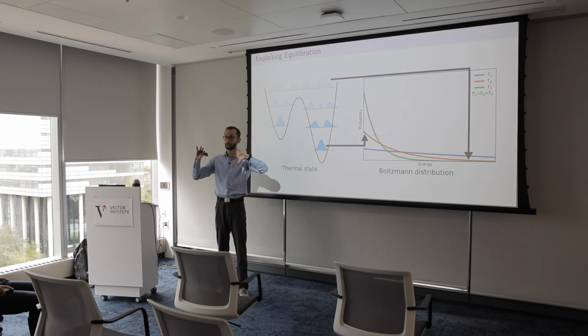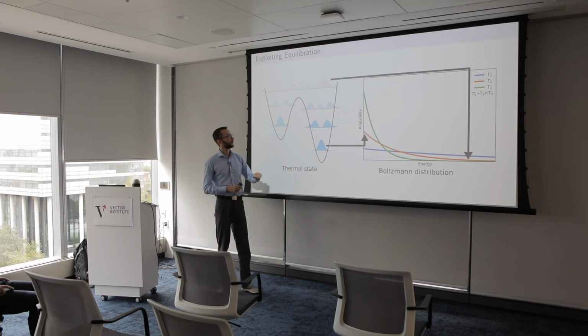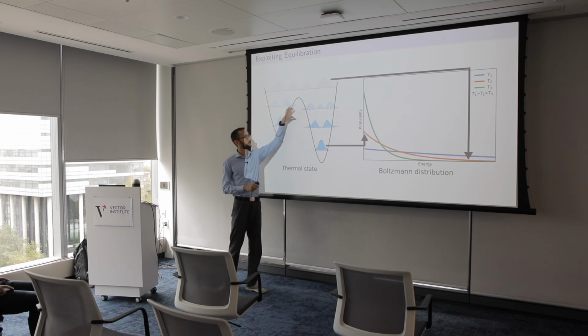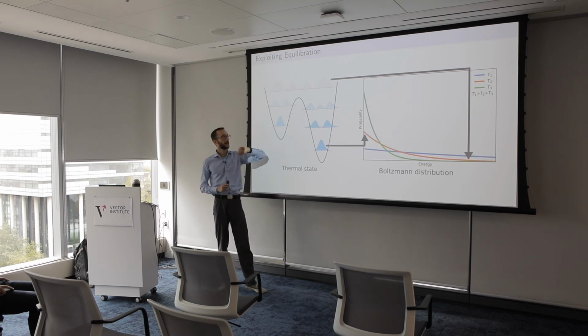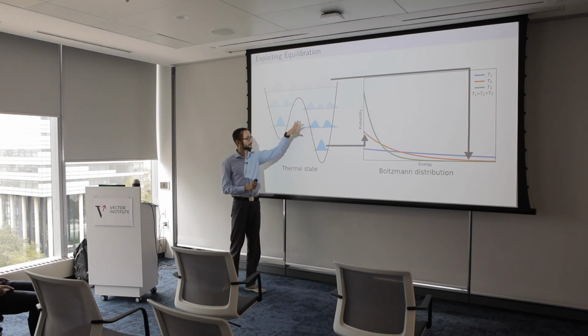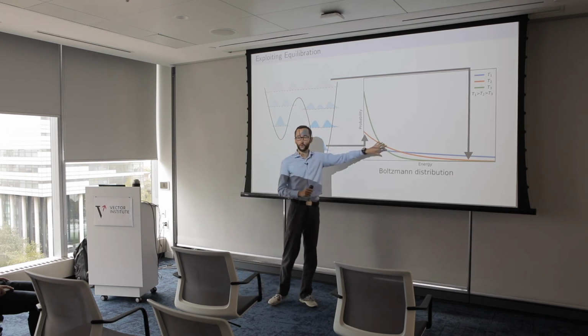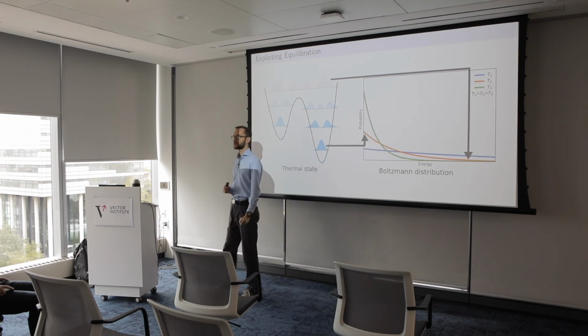happens, because you interact with the environment. You start to equilibrate with the environment. And this is the same process that happens to a hot cup of coffee, for instance. If you leave it in a room for long enough time, it will attain the temperature of the room. That's exactly what the quantum processor does with the environment. It equilibrates and it attains the temperature of the environment. So because of that, you very often don't get the lowest lying energy state, but you get some distribution of different energy values. And it turns out that this distribution that you're sampling, so this quantum state that you're sampling, corresponds to a Boltzmann distribution, or you also call it a Gibbs distribution.